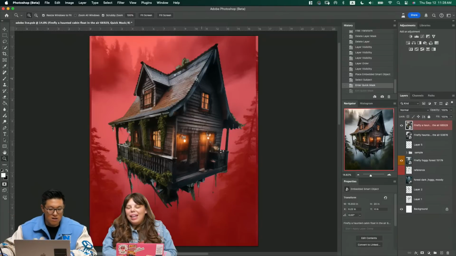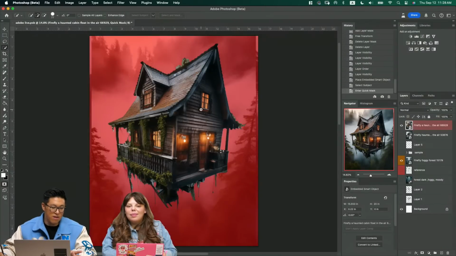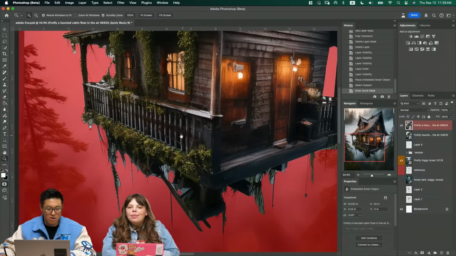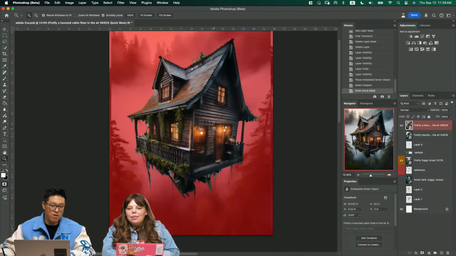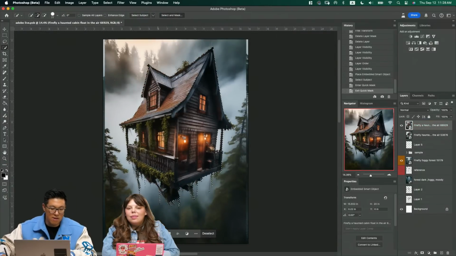So what I did here, we got kind of lucky again. Basically, I pressed W as a selection tool and pressed select subject. It did that for me. So I pressed Q again to enter quick mask mode to see what is selected, what is not. Obviously, you can tell there's some part that needs to be removed, but overall it looks pretty good for what we just selected. We can pop into select and mask too, and